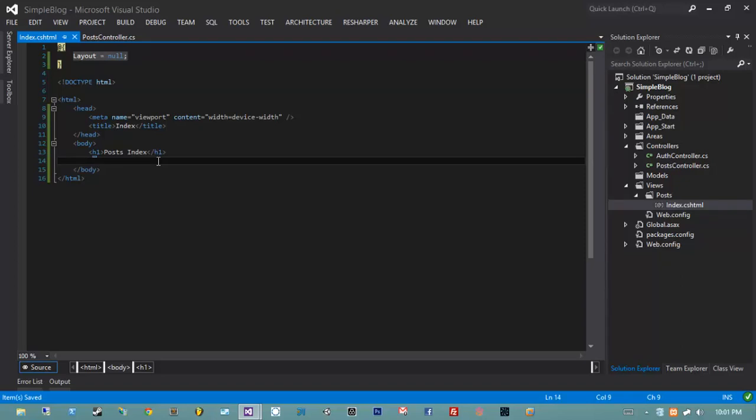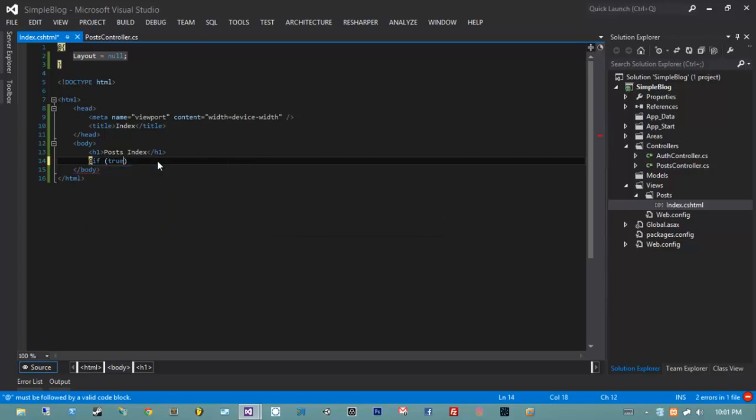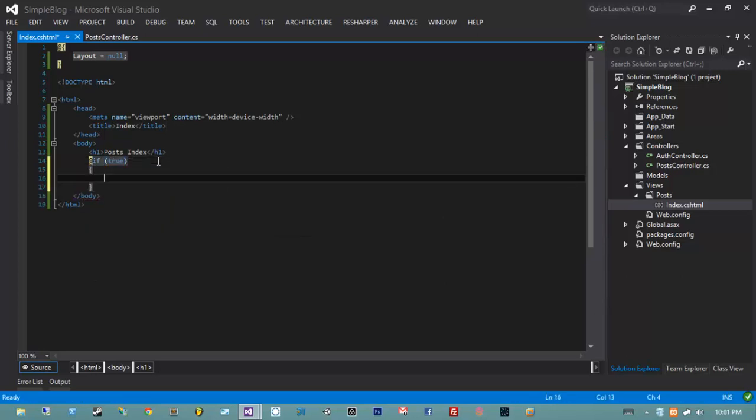And then let's just show a couple simple things. Let's show an if statement. To do an if statement, obviously HTML doesn't have if statements. HTML is a declarative language that only lets us write data. It doesn't allow us to add logic. So we would write the if statement in C#. How do we open up C# code? The @ symbol. Let's do an if true statement. So I'm going to say if true, then I'm going to open up curly braces and say something like, I don't know,